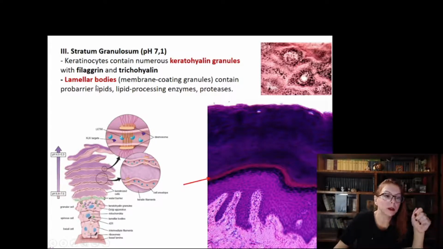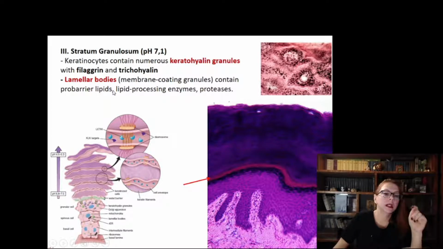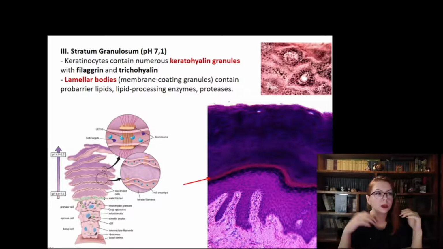And the second part of granules are lamellar bodies. They are surrounded by a membrane, and they're destined to be exocytosed eventually, and they contain different substances, so-called probarrier lipids, processing enzymes, and proteases. The function of proteases we'll discuss a little bit later in the stratum corneum, but now we have to understand that our skin is impermeable for water, and it is especially important as we do not live in the water like fishes,